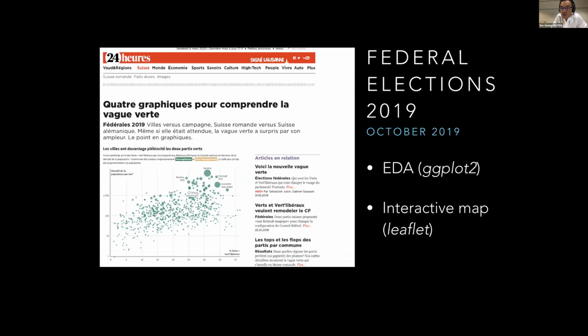So I guess you were aware that last October there were federal elections where people voted to elect the parliament. The surprise after the results was that the Green parties, there are two Green parties, the Greens and the Green Liberals, gained a lot of seats. And my idea was just to do a quick data analysis to show which municipalities voted the most for those green parties, or where in Switzerland those two parties got the most increase in votes compared to 4 years ago.